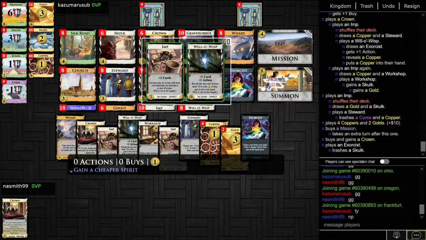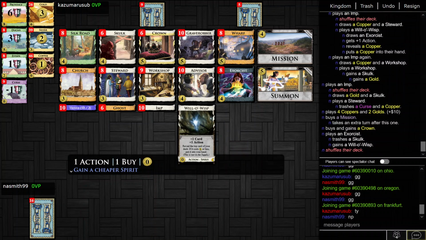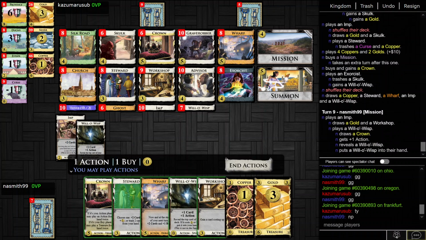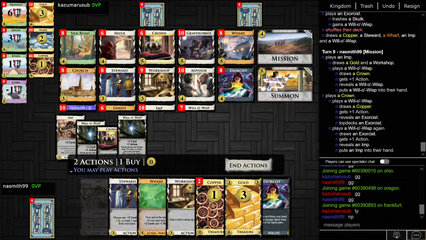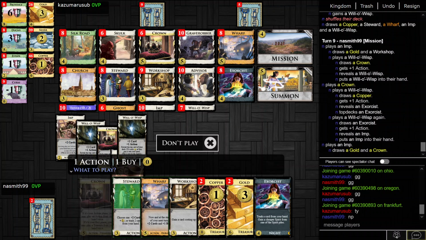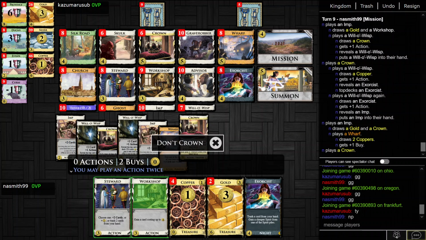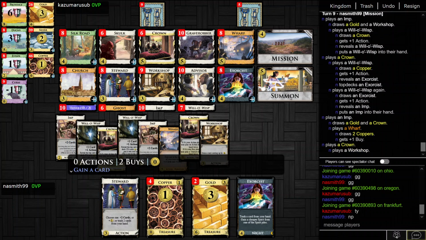And do I want an Imp or do I want a Wisp? I think a Wisp. I already have a lot of Imps. Okay. Yeah, I'm gonna crown this Wisp. Okay. All good. Just crown the workshop, right? Yep, and then we're gonna take...